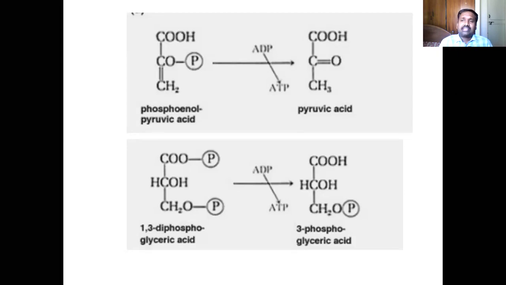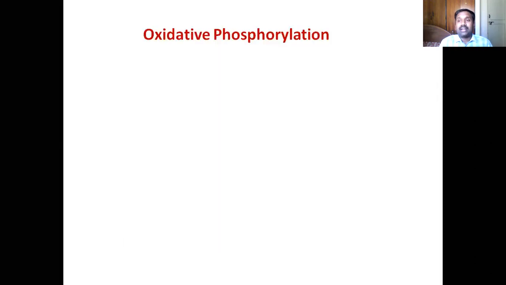Of course, the story of making ATPs doesn't end here. We have just addressed one mechanism of making ATPs, through substrate level phosphorylation. There is one more mechanism, oxidative phosphorylation. We are going to learn in detail in the coming classes. But as of now, what we can say is this much: the synthesis of ATP takes place in two ways. One way is substrate level phosphorylation. The other way is oxidative phosphorylation.